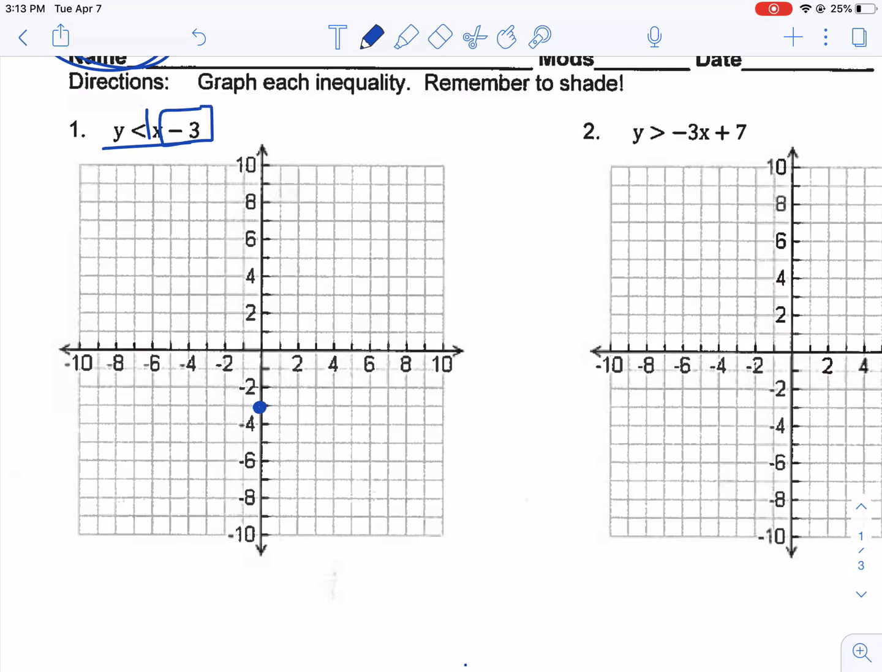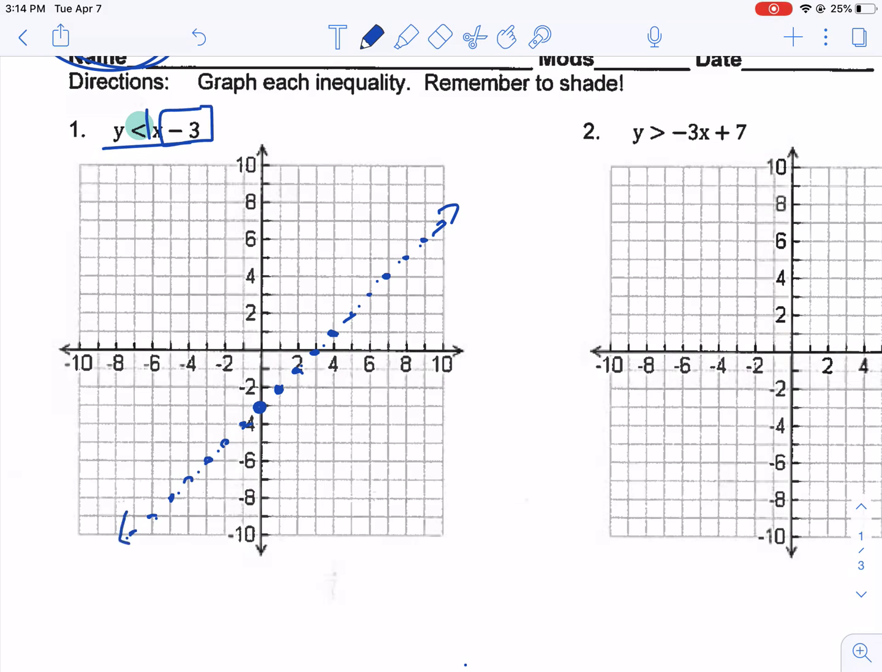So there's my y-intercept of -3. Up 1 over 1, up 1 over 1, up 1 over 1. All these points, please plot them. Fill out your entire coordinate grid. Then we're going to look to see what kind of line we need. Well, it's a less than symbol, so we're just going to keep it dotted or dashed,